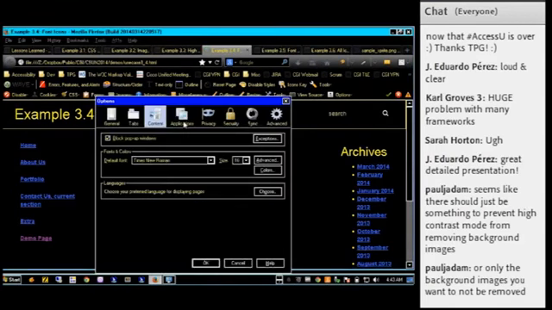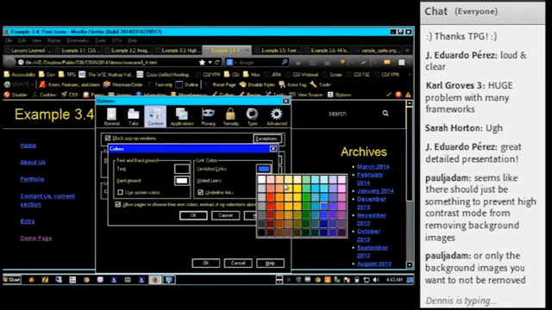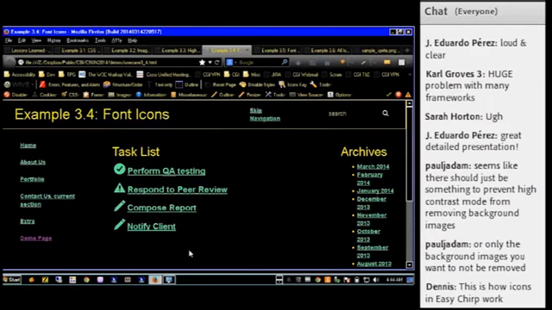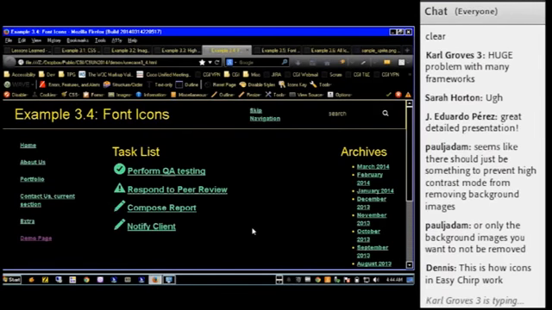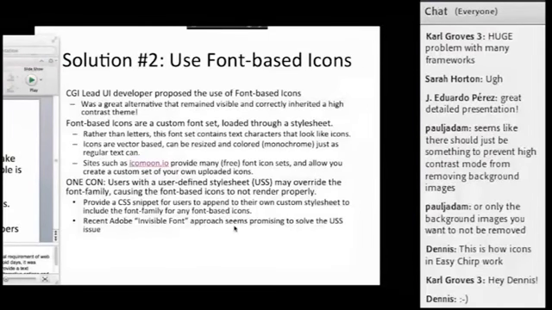So if I were to load this custom style sheet, you can see that all the icons break. So the style sheet is applied, all the colors change, the text size changes, the font family changes, which is fine for regular text because these letters are still letters, so they can still be rendered in the sans serif font. But because these weren't really letters, they were just different character codes that don't really mean anything, which is not available in the sans serif font. And even if it was available in the sans serif font, it wouldn't look like the icon that we were hoping it would look like.